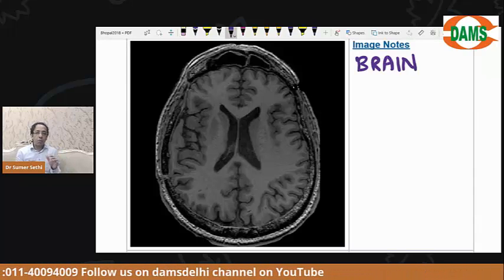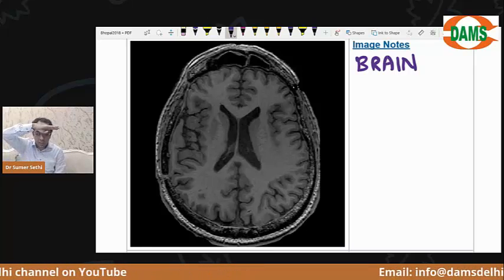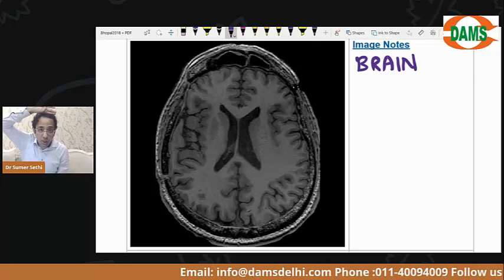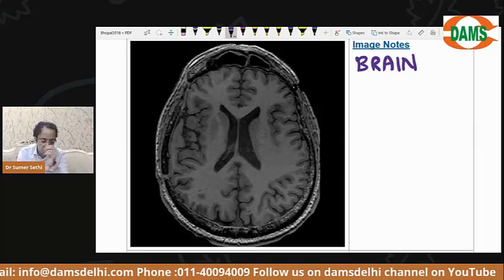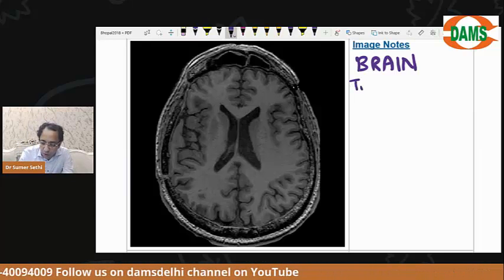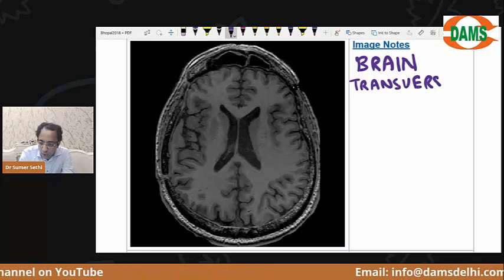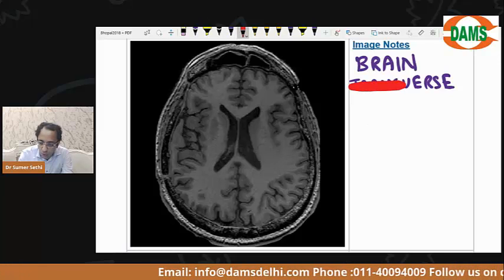So whenever we talk about sections, listen to me. We talk about sections in the body like this: transverse section, coronal section, sagittal section. This looks like a transverse section. But in radiology, we do not use the word transverse. Transverse is used by the anatomist. In radiology, we use the word,